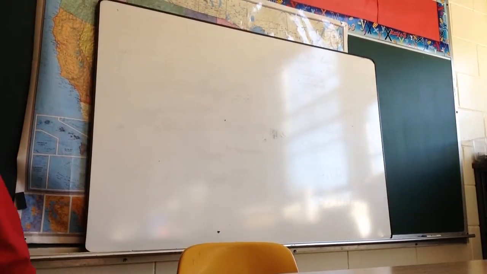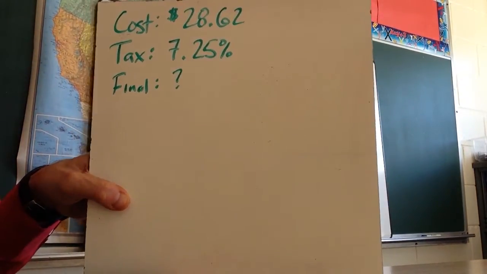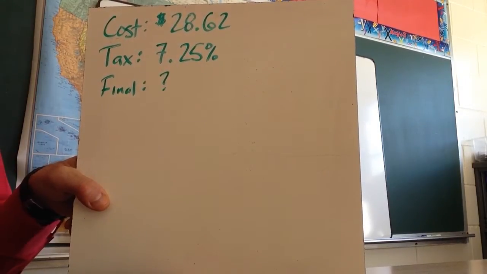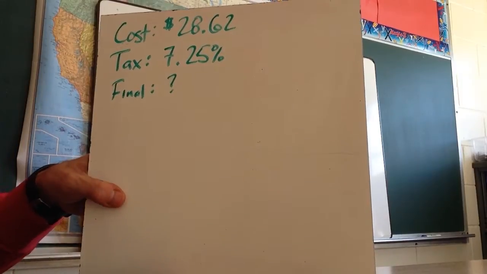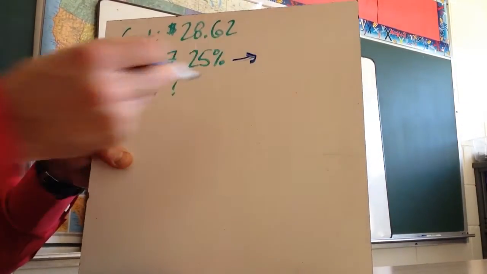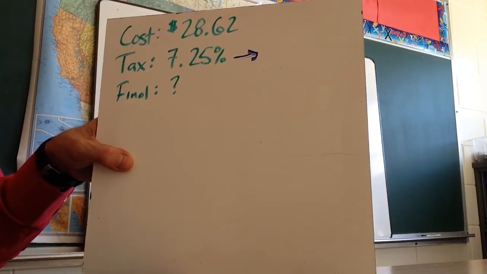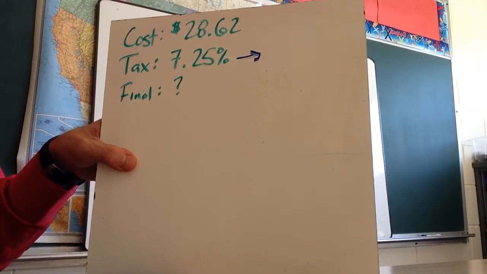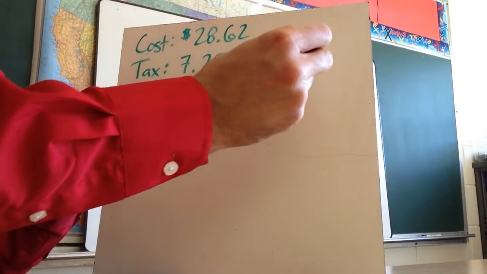All right, now let's practice what happens with tax. This is a problem where I'm definitely going to want to use a calculator. I've got a calculator by my side, and I'll tell you exactly what I'm typing into my calculator, though you won't necessarily be able to see it. What I need to do is first change the tax into a decimal. There's a couple ways to change a percent to a decimal. One is, you may know the trick where you can move the decimal over 2. But essentially what you're doing is dividing by 100. So if you take 7.25 and divide by 100, you get